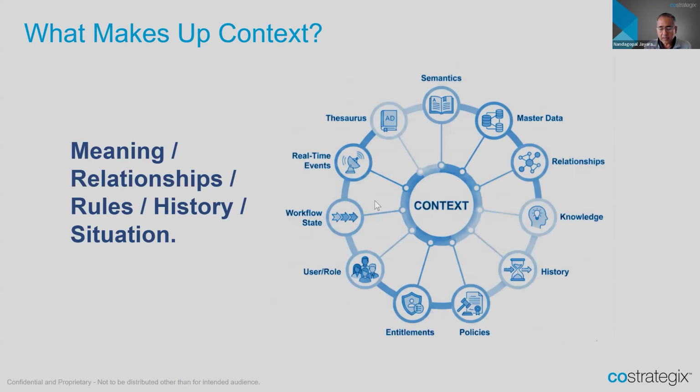The context includes all of these things, right? The semantics, the master reference data, relationships between entities. These are simple things. We have these things today for the most part. If you're using a Snowflake, Databricks, or modernizing it using Azure Fabric, you will have most of those components.